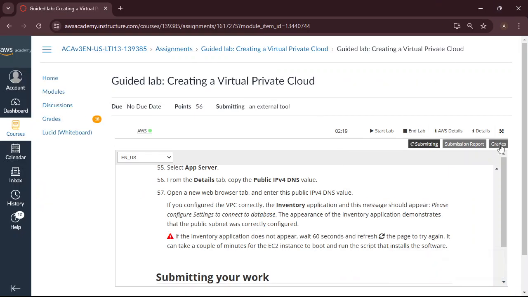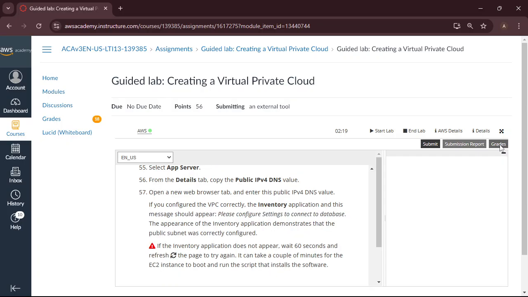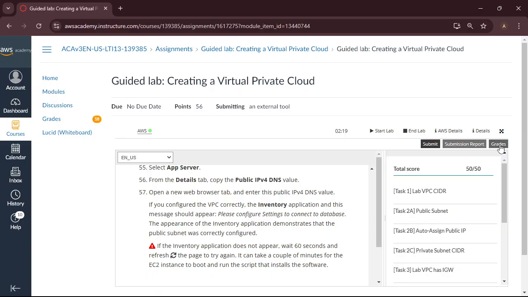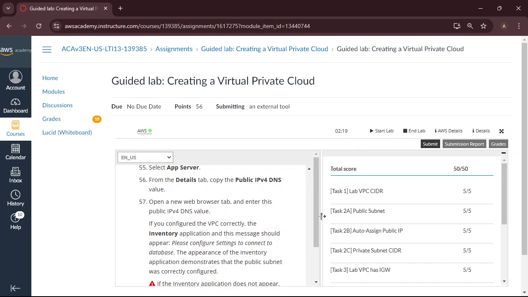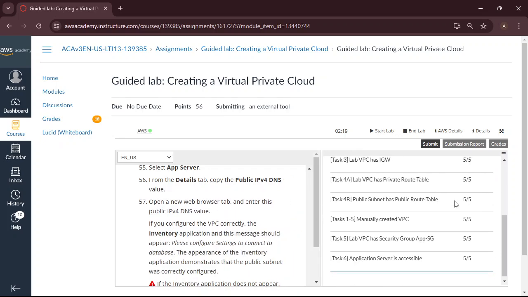Let's see how the grade is for this lab. Okay, checking, next one, done.